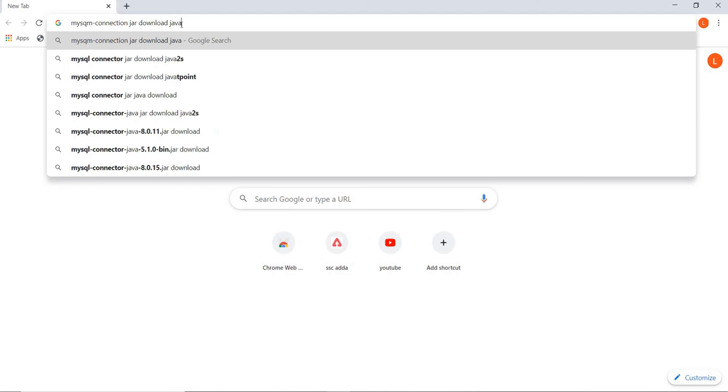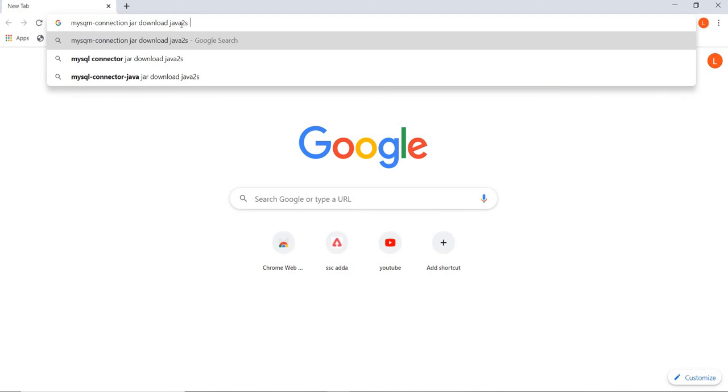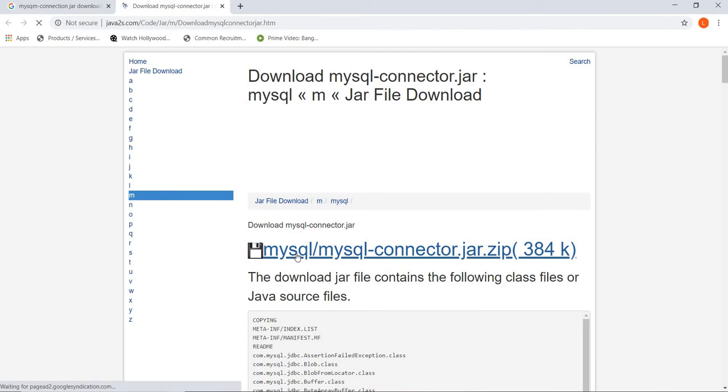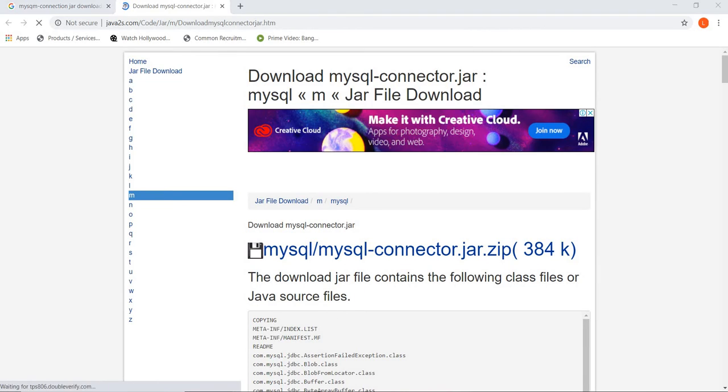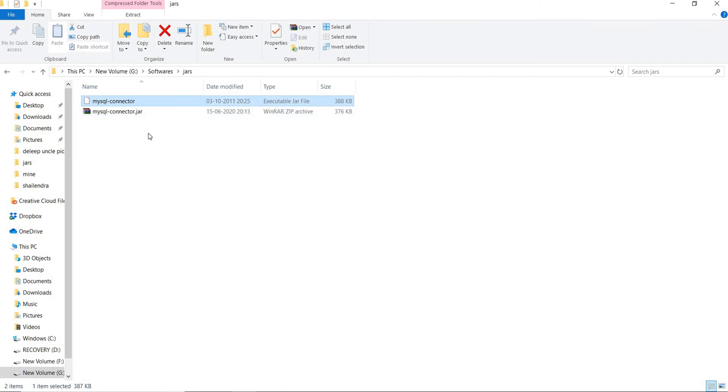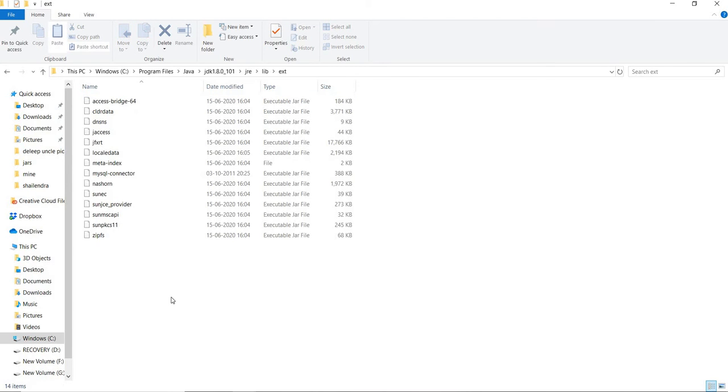You can download it easily from the internet. There is one site, Java Tools, from where you can download it very easily. As you can see, this is the file mysql-connector-java. It will download in the form of a zip, and you can extract it, and you have to put this file, the mysql connector jar, in the ext folder